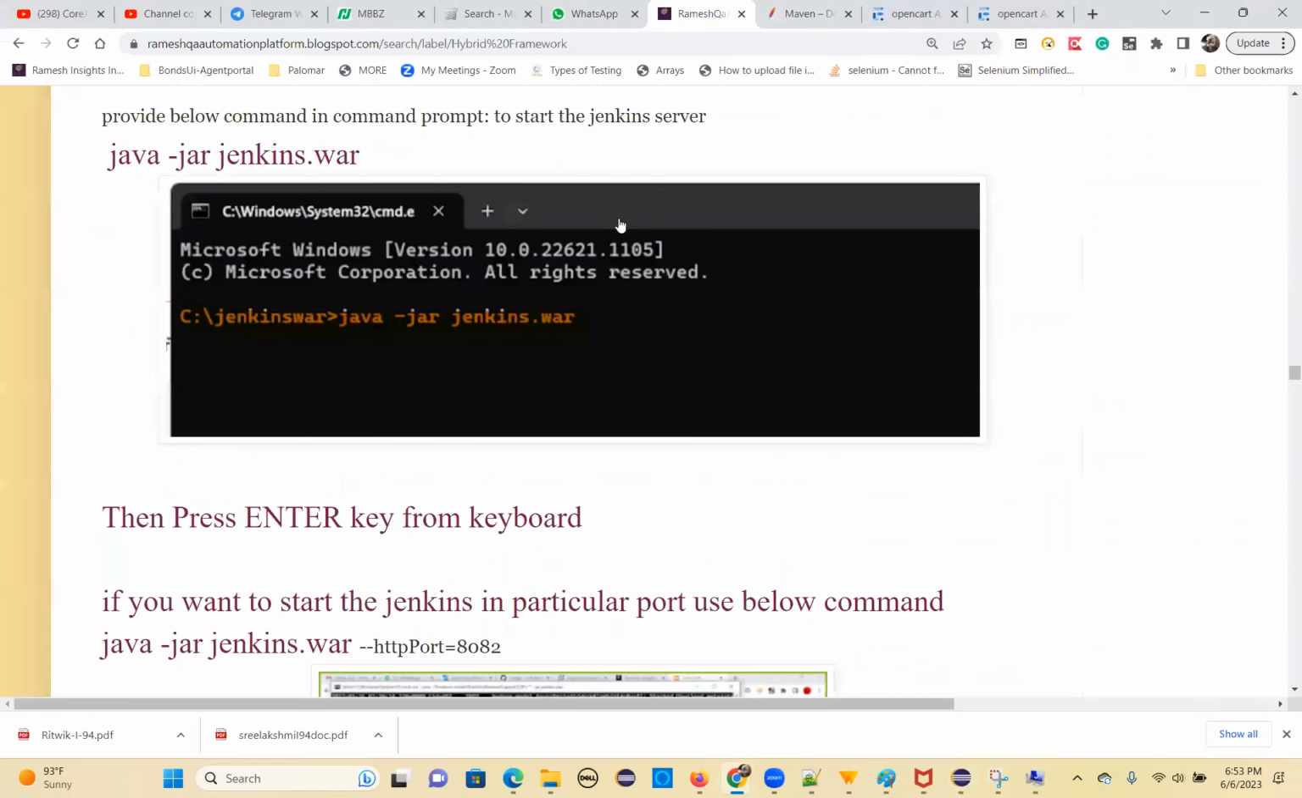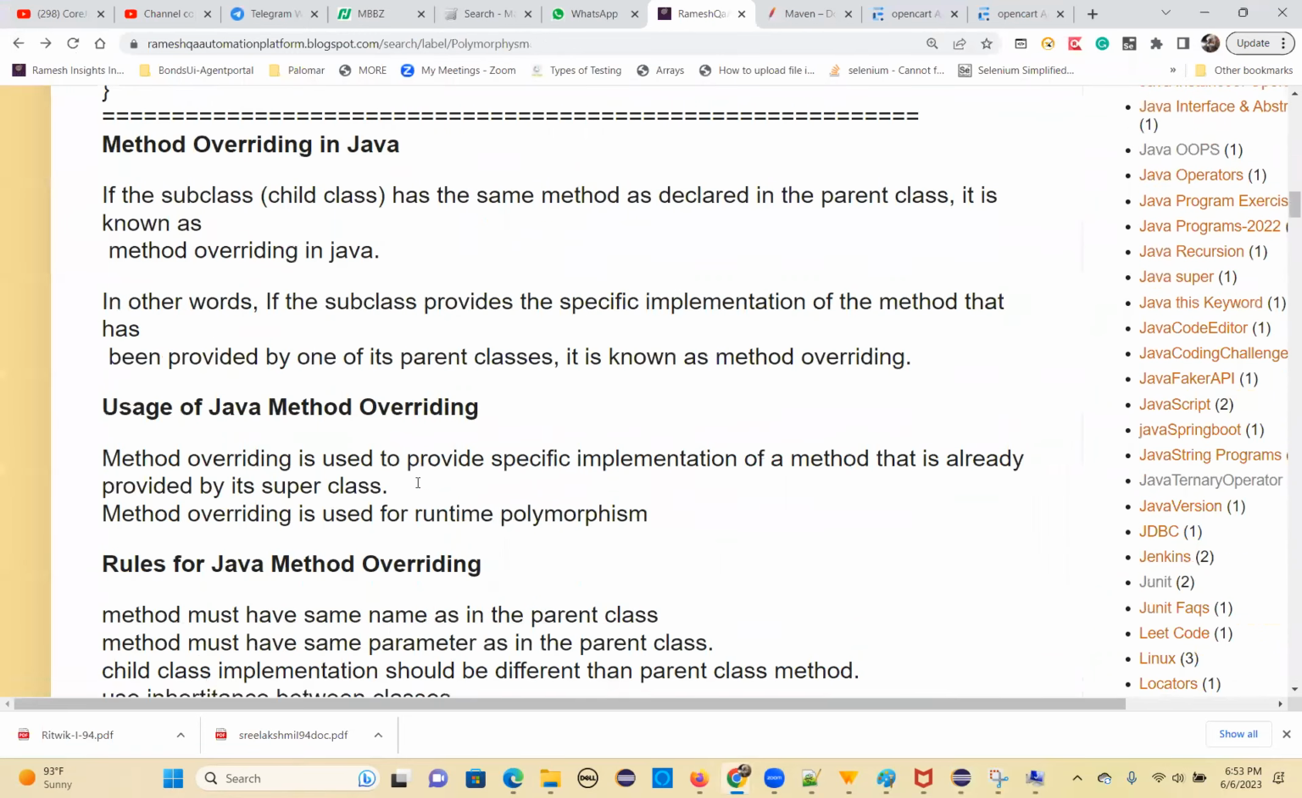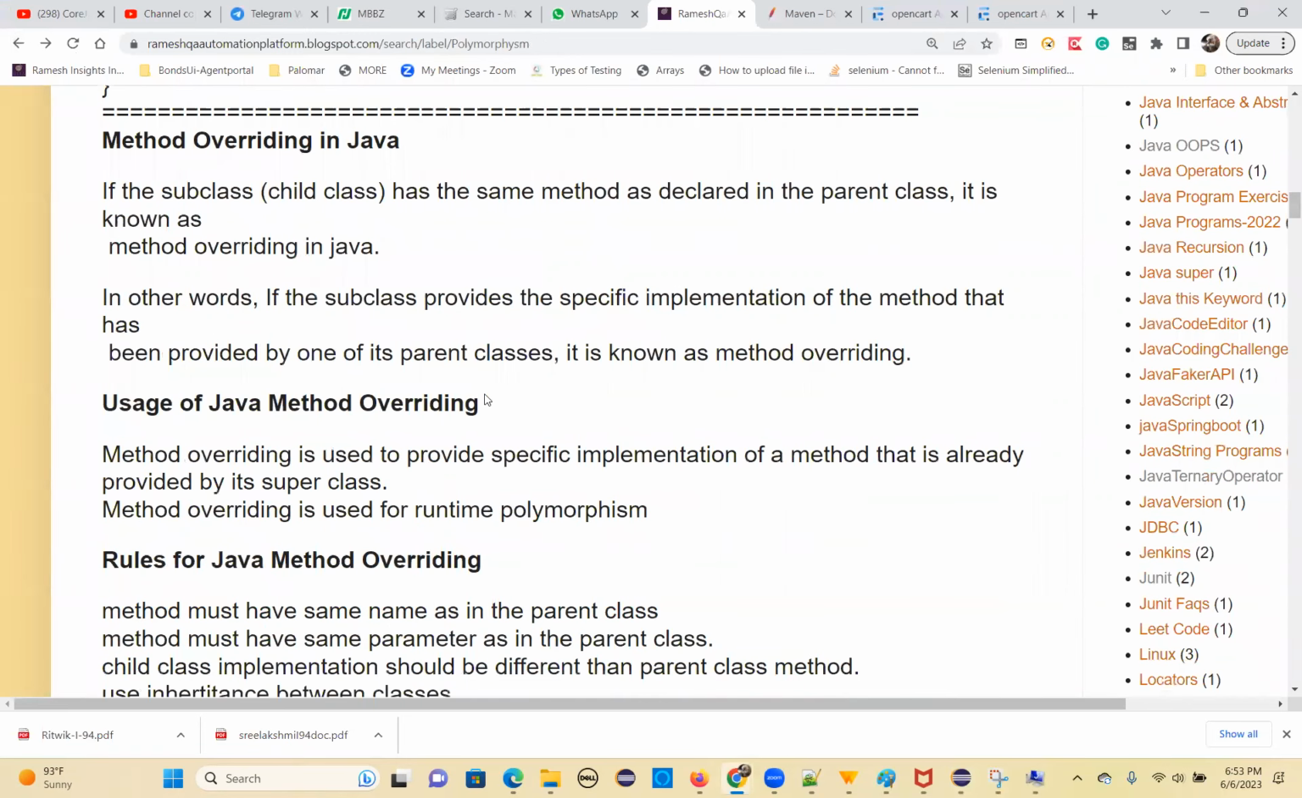Any questions before moving on to method overriding? Okay, so we'll come back, because it finishes in a minute. Otherwise, you can ask any questions regarding